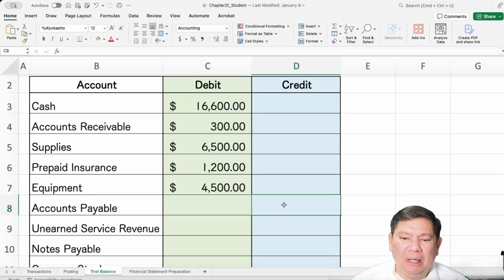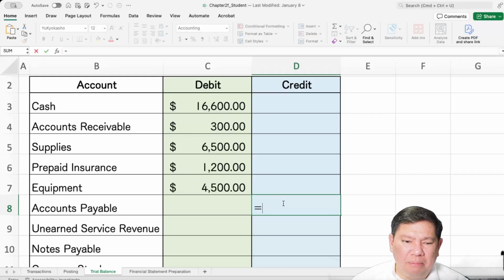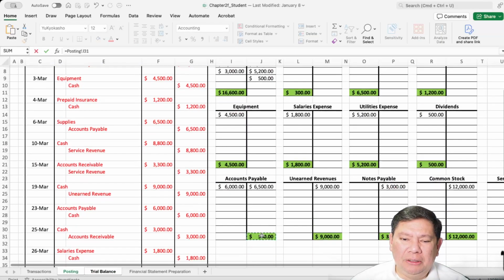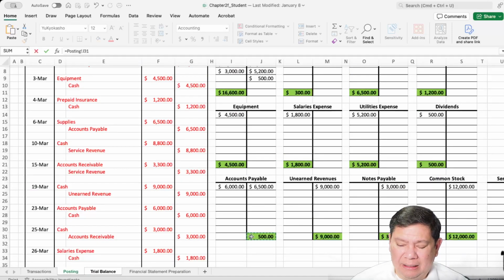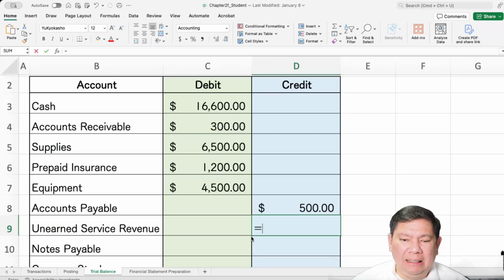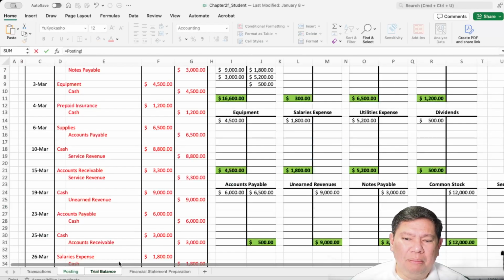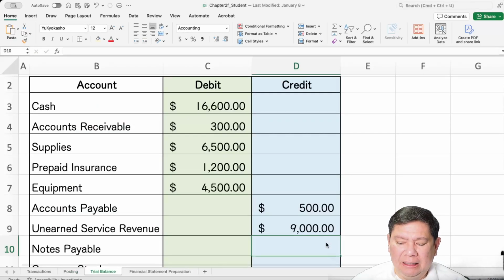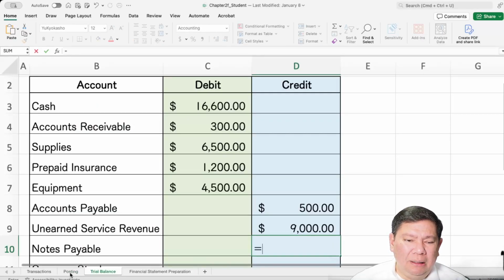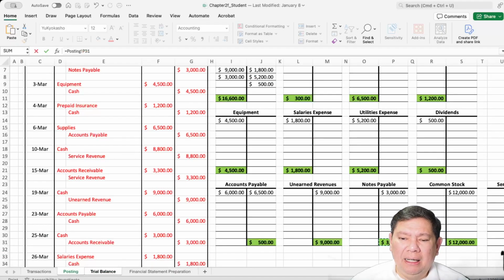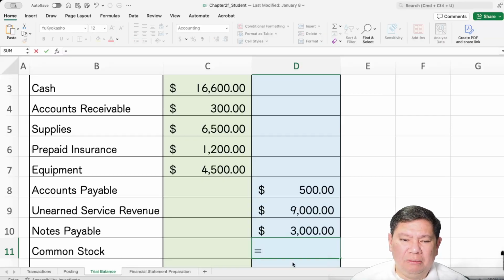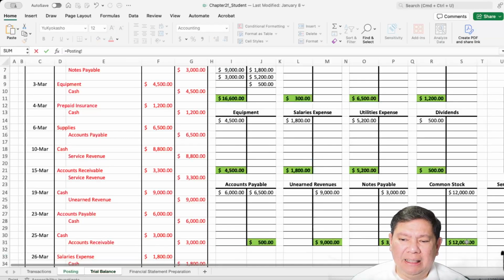And then we move to liabilities, accounts payable, because it's a liability, so it should be on credit. That's a credit normal balance. Unearned service revenue is also a liability, $9,000. Notes payable to the bank, $3,000. Common stock for the investors,